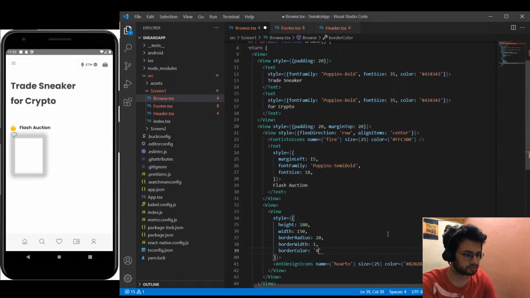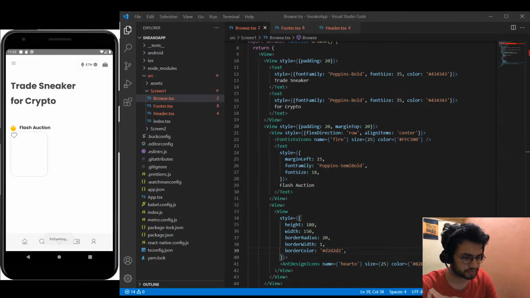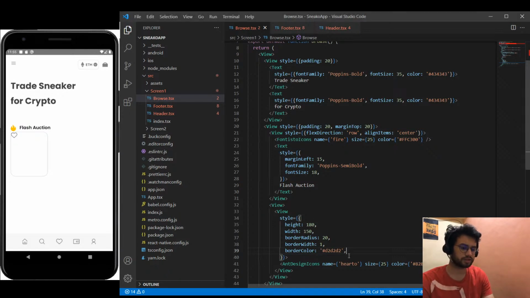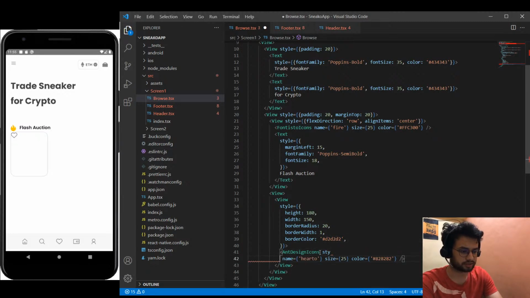D2 D2 D2. This will be good enough. Okay, perfect. और इसमें हमारा हार्ट वाला जो है it should be on the right side. So इसमें styling करके